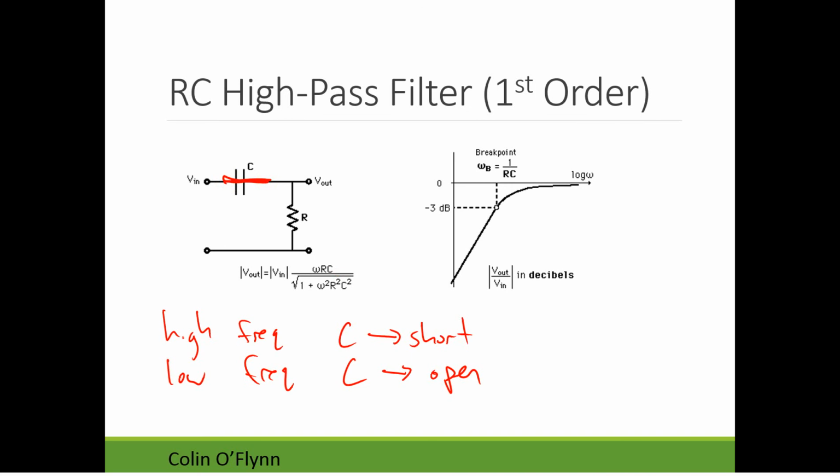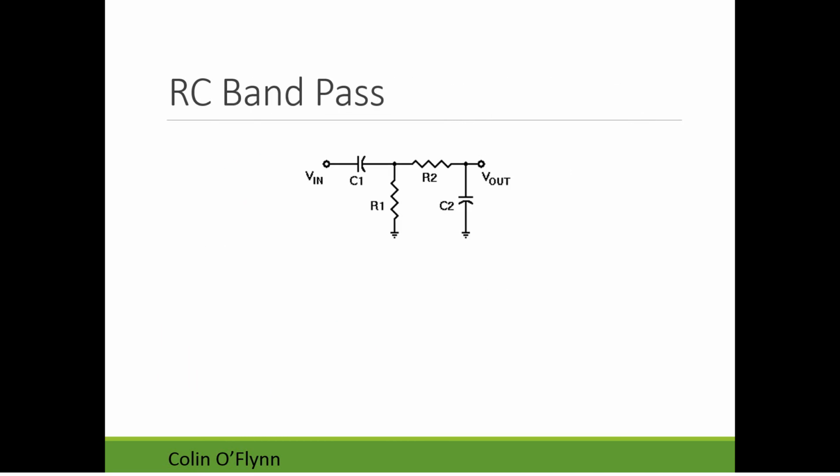And therefore, the output voltage will be just related to the input. At low frequencies, the capacitor is effectively removed from the circuit, and this output voltage will just be pulled down to ground. So if you remember the very basics of capacitors and how they behave with frequency, you won't have an issue. We can also combine a low pass and a high pass to give us a band pass filter. That's the easiest, simple way to do it.